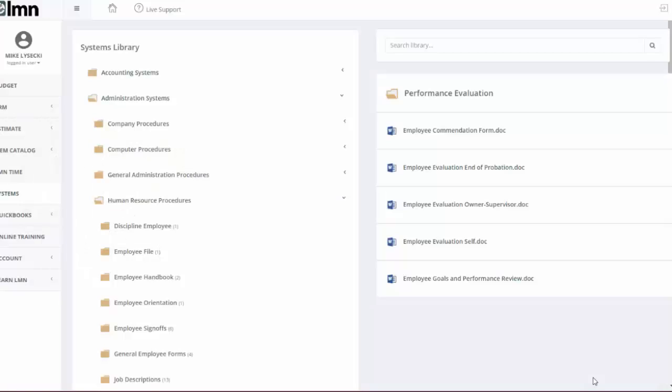Now we take a look at the LMN Systems Library, which is a really unique tool. The Systems Library was created in our own landscape company. And as we grew our company from just a backyard startup to one of the North America's top 100 landscape companies, we had to build our systems along the way, which meant we had to do things that we never did when we were smaller,